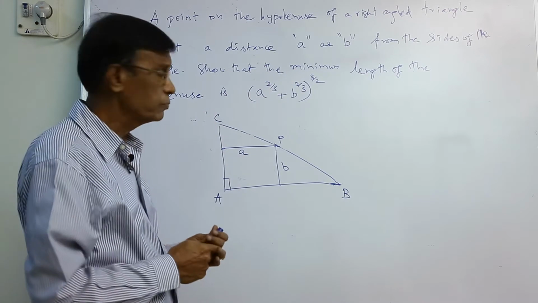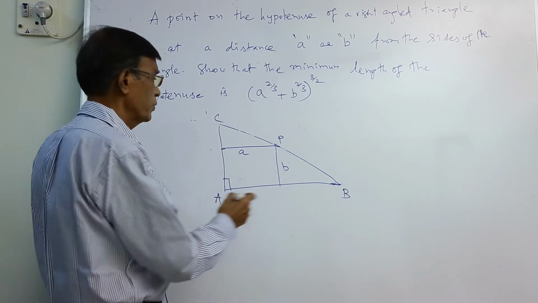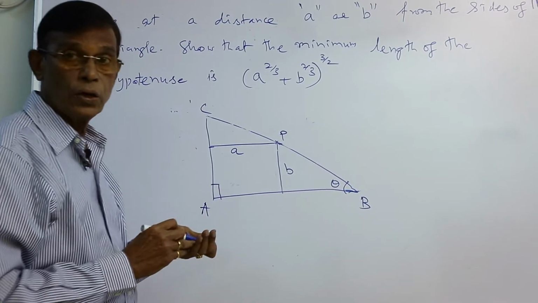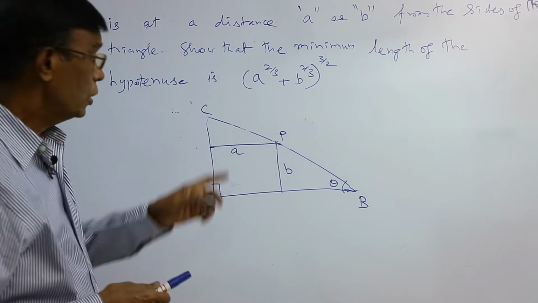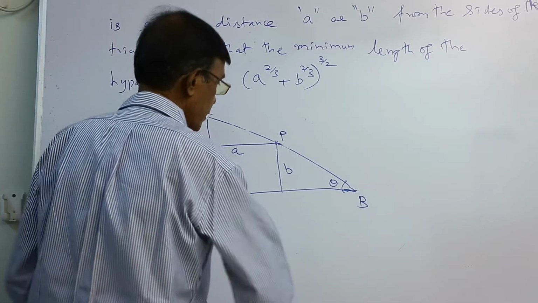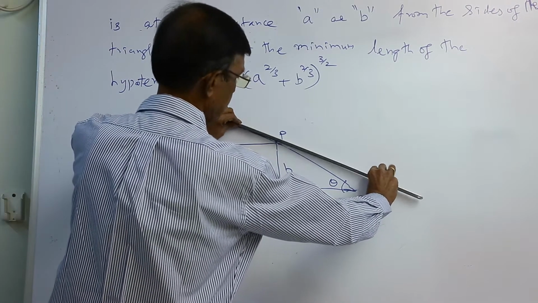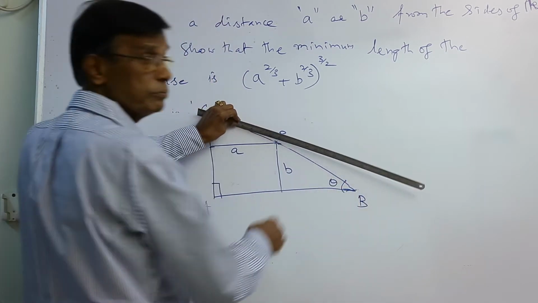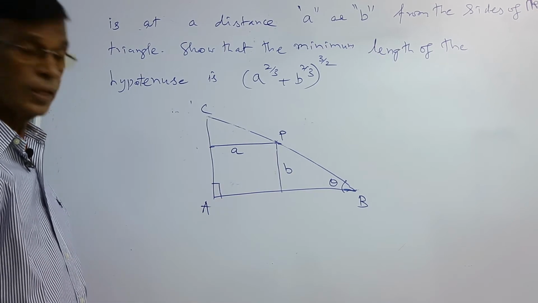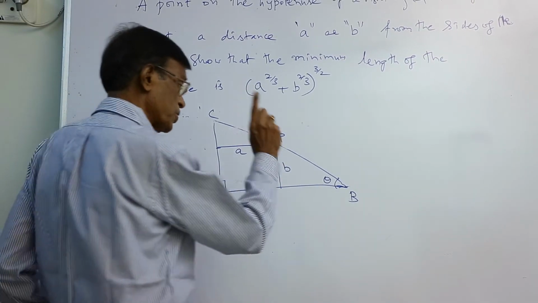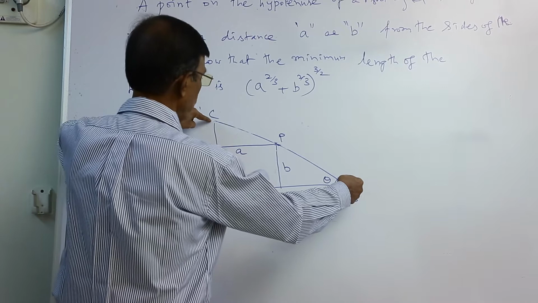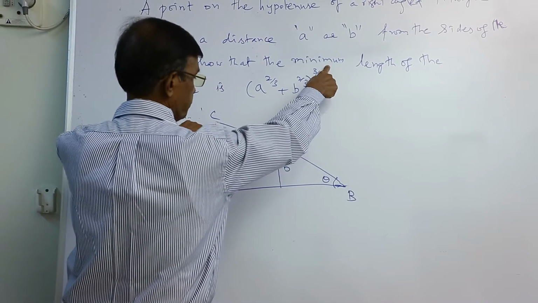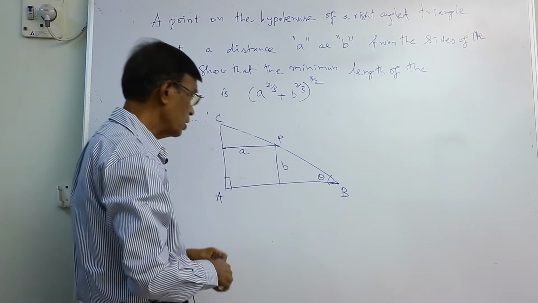Now we are introducing this theta. See this thing. Now theta is the variable. Now what happens? I cannot take this as the hypotenuse, because I am just putting theta as a variable. So theta varies in such a way that the length of BC, the length of the hypotenuse, becomes minimum. So now let me try to solve the problem and explain it to you.